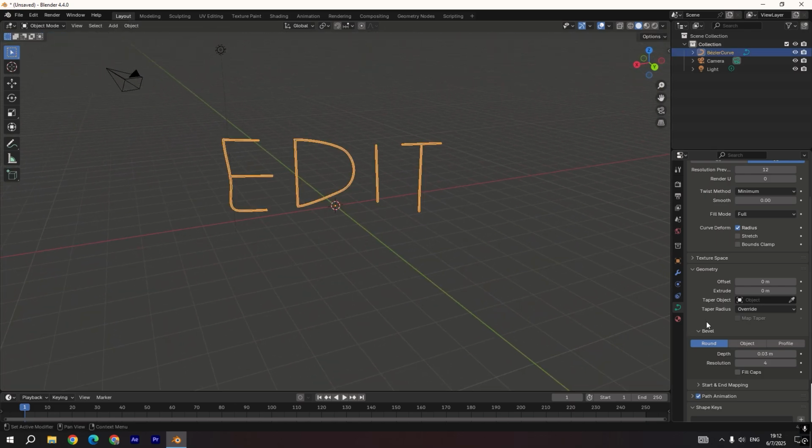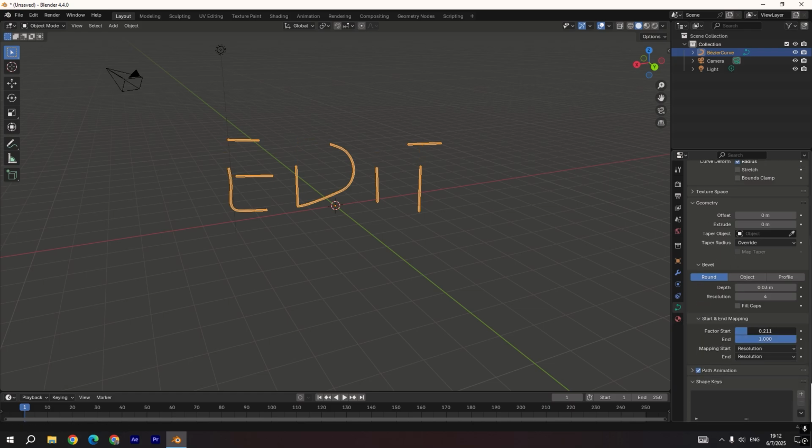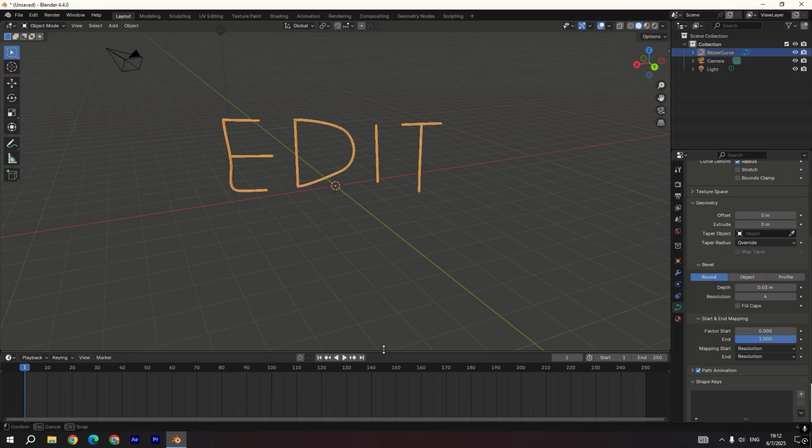Now once you're done, you're going to go where it says start and end mapping, and where you use this panel, you're going to notice the text animating. But we're going to expand this,